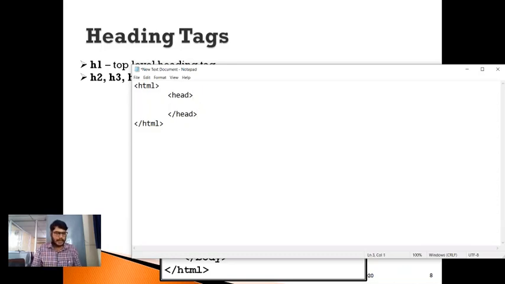So again, within the head tag, leave some tab space here. Now open the title tag, and within this I want to specify the title as heading demo. Now I want to close this title tag, so use the closing tag of title.